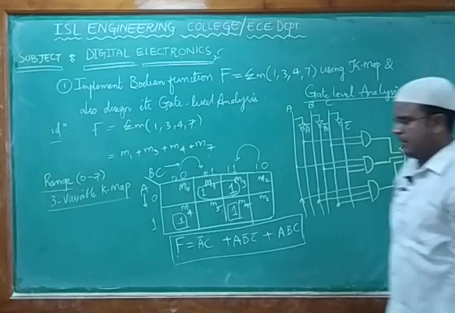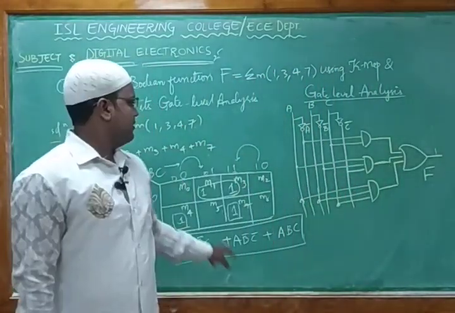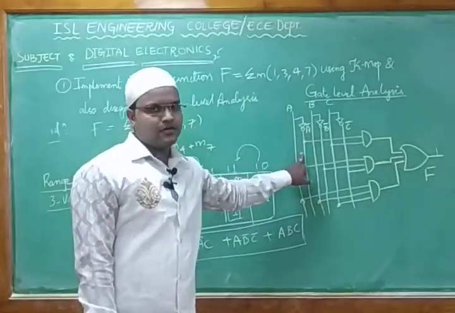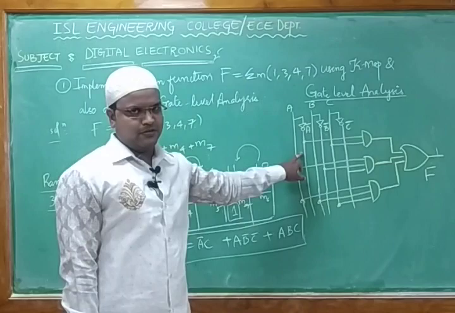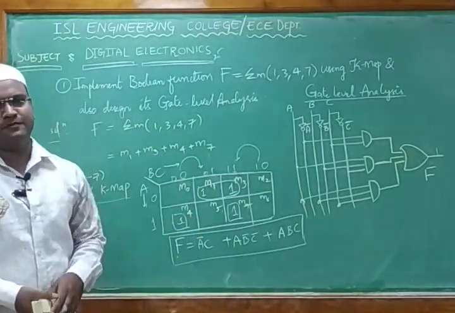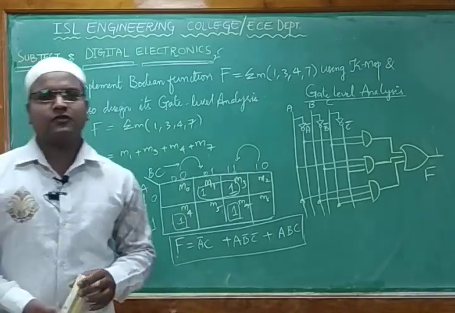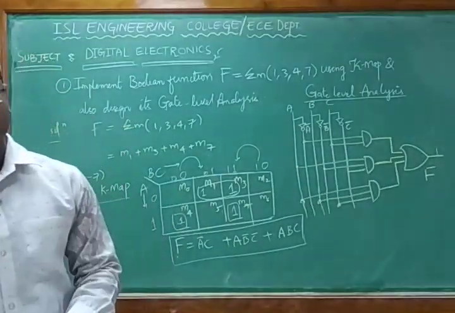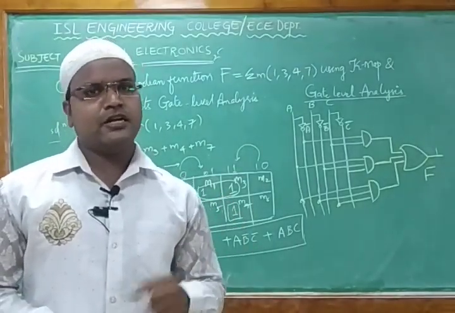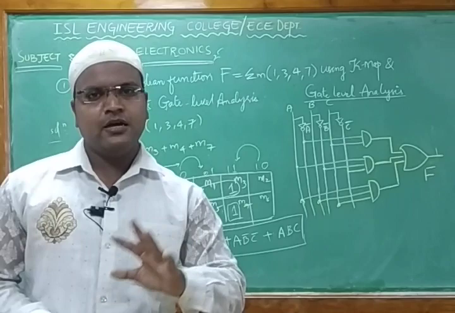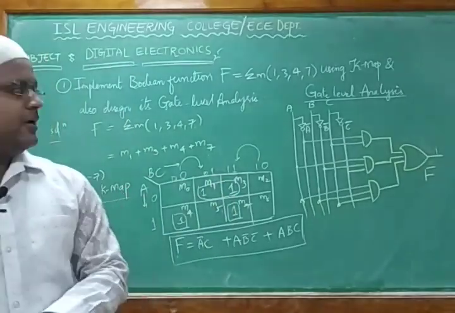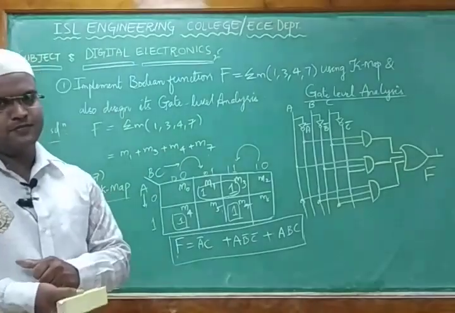So what have we done? We took the function using the K-map, and then went for the gate level design. So we covered these things as per the question they asked. These kinds of questions they will ask you, for converting using the K-map and then using gate level analysis, for 5 marks. It's an important question. They'll definitely give this kind of question. It consists of both parts: the first part is about the K-map, and the second part is all about gate level analysis.